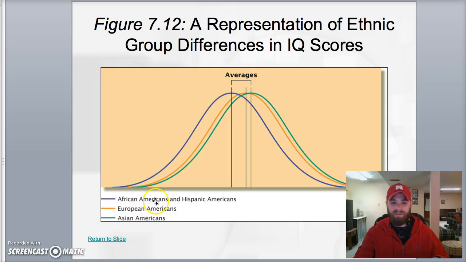So here you can see on this graph, here's like the normal average. You can see that African Americans and Hispanic Americans on these tests sometimes score a little lower. Asian Americans sometimes score a little higher. And so it's just important to know that tests are not perfect, that they don't always take culture into account. And that's something that I think about a lot when I am doing a test with somebody: is this test appropriate, or do I need to use other pieces of information to help form a better picture here?